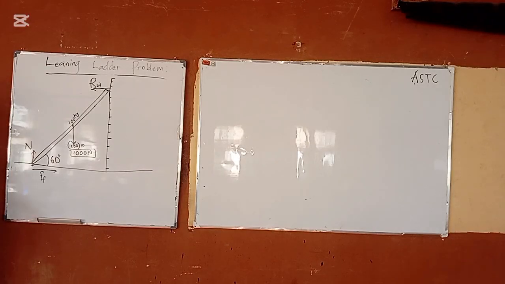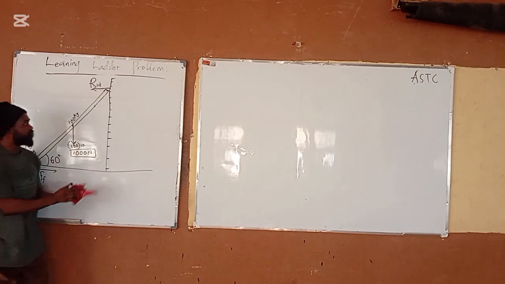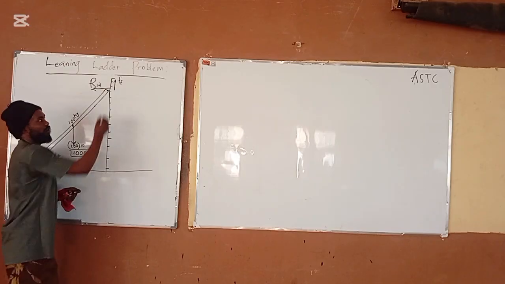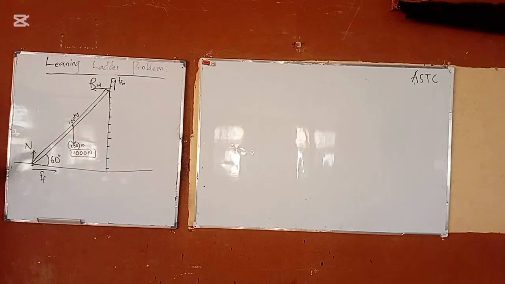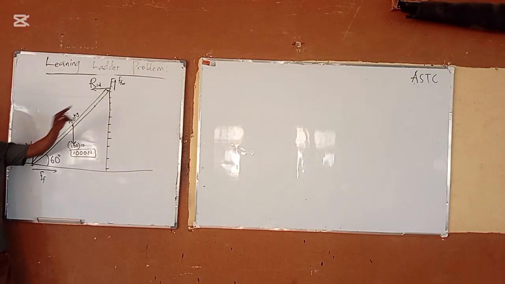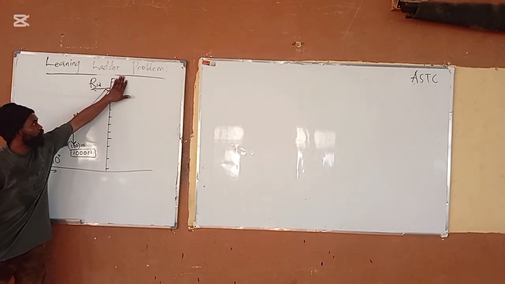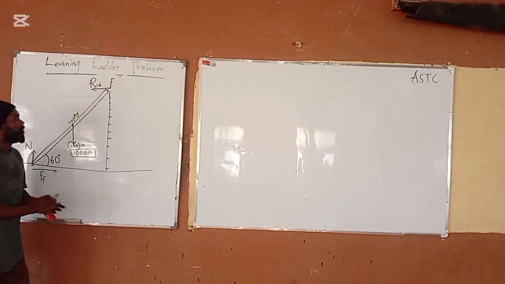Reaction of the wall. Because it's frictionless, I am not going to say that as this thing is resting here, coming this way, there is also a frictional force going this way from the wall. I won't do this. Anytime we are treating a linear ladder problem as students of this university, we are not treating it with the frictional force of the wall. So I am not looking at this. Now, if that be the case,